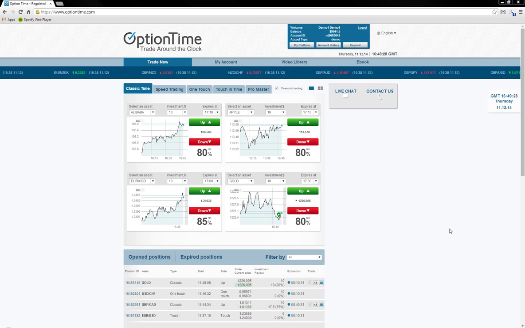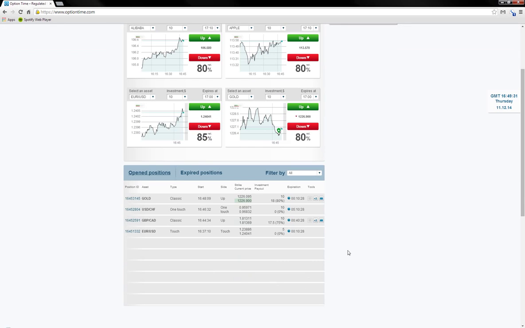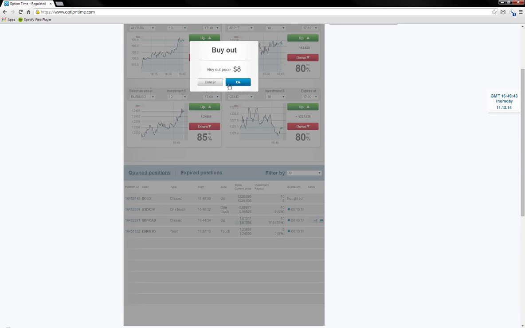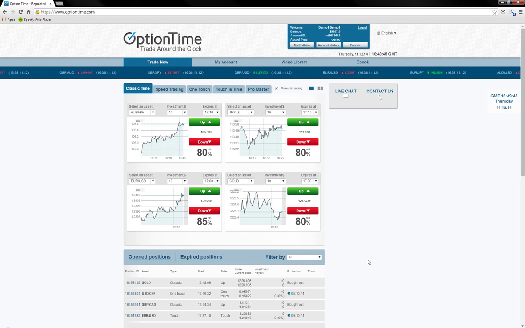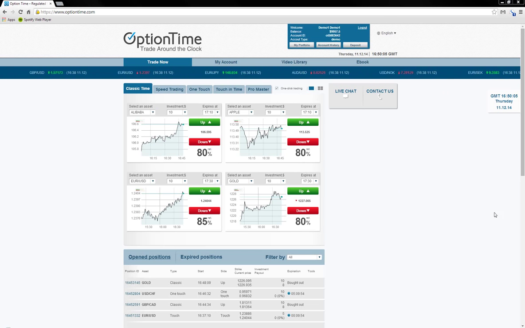And ProMaster. Now ProMaster is a little bit different as far as expiry. You get the 1700. It's like classic time, but what it lets you do, and I don't really see too much of a benefit in doing this, you can change the chart to 5 minutes. It lets you play with the chart. If you want to add some tools onto it, you can do bar, candle, or line charts. Honestly, I would stick with MT4 or Thinkorswim or something like that. I would not mess with this too much. I'd already added some tools onto this chart, but it does give you some tools to add on, like you can add in